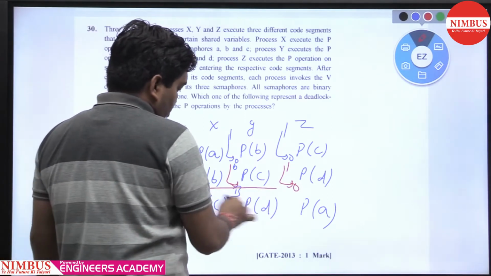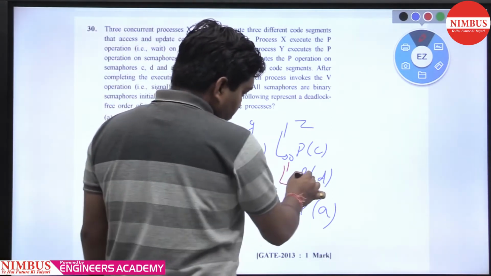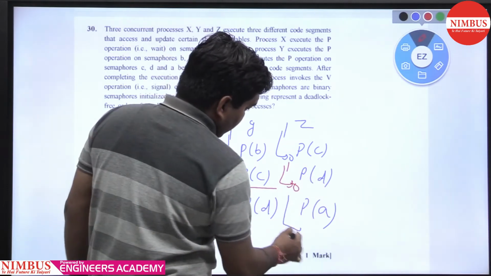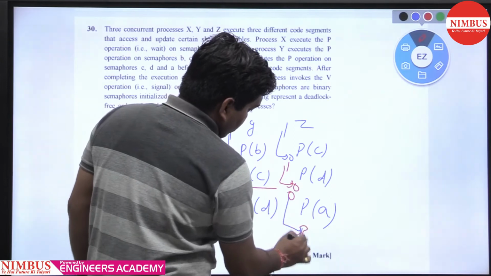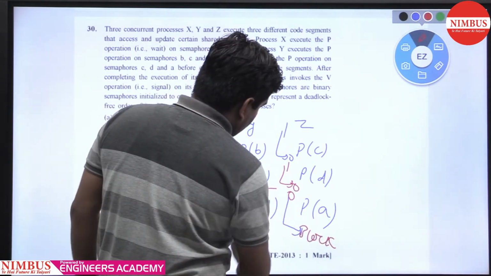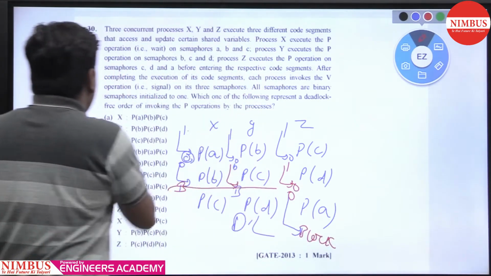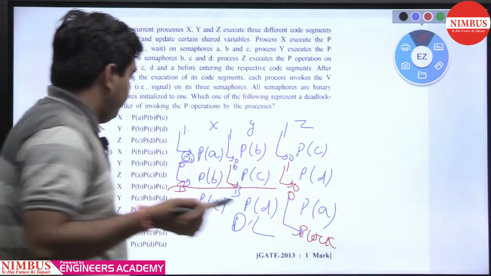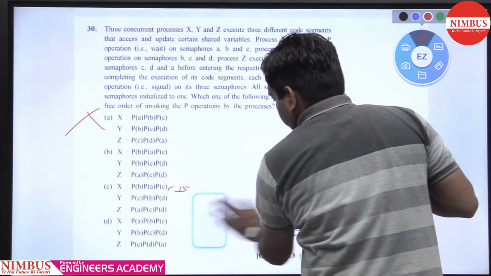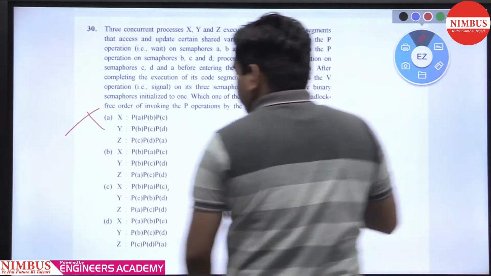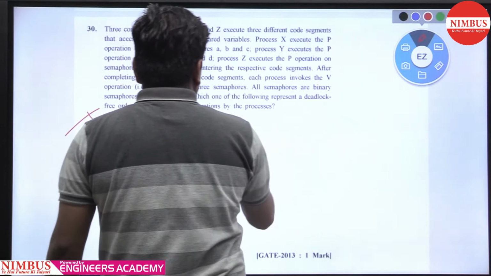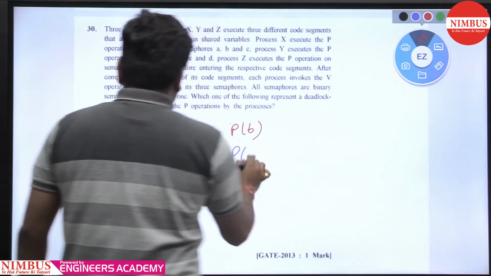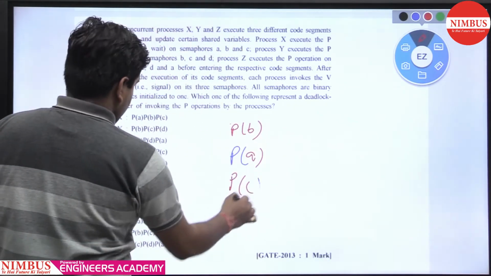That will not go on to execute line number 3. D is 1 to 0, but here A is already 0. So whenever you perform down on 0, you get blocked, and that is deadlock. So option A is the wrong option. Similarly, you can see option C: PB, PA, PC,